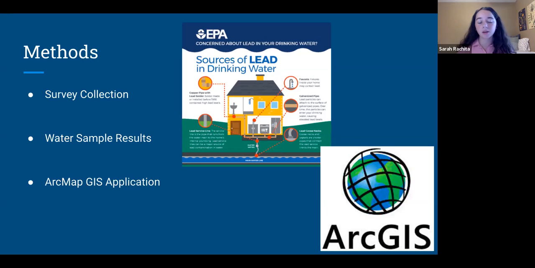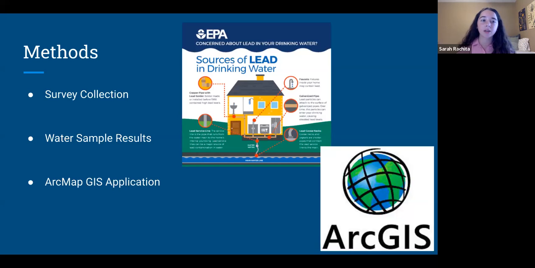We also get the water sample results. The second step in the program is taking actual water samples from your home tap. We give them the basic information on the correct way of doing that, like flushing the water out for about 2 minutes and then taking the sample. Those are sent to a lab, I believe in Virginia, and then we get the results. Our main focus is definitely lead, but it also screens for about 28 other elements, some metals, some organics, and those kinds of things.